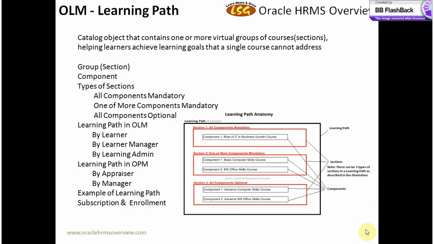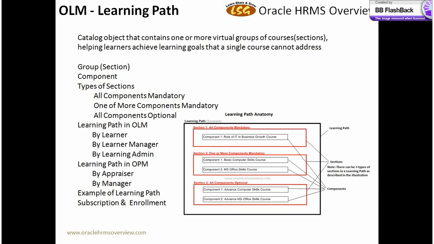Learning path is an OLM concept which states that, as per Oracle, it's a catalog object that contains one or more virtual groups of the courses, sections, helping learners achieve learning goals that a single course cannot address. In simple words, it is a container. It's like a container which can have groups, which are called sections, to contain the courses or the subcategory courses which may or may not belong to one category or the subcategory depending on the learner's need or the business